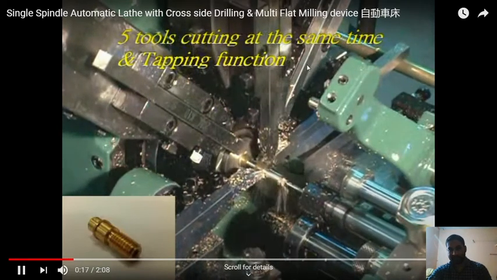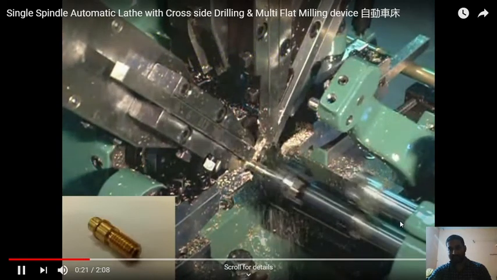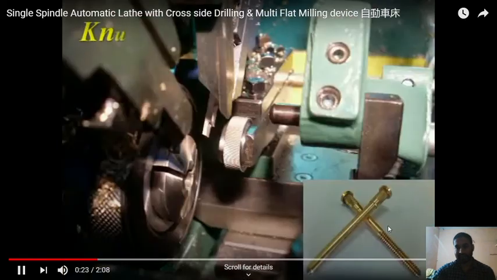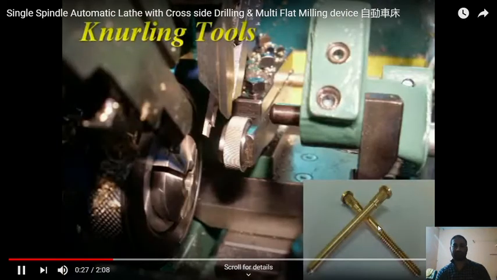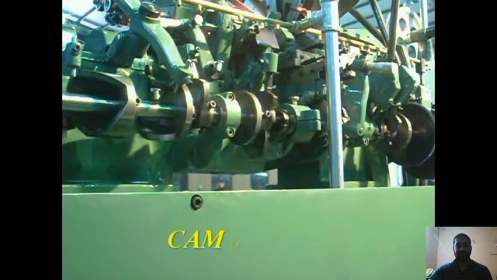And this is the vertical slide. You have three vertical slides here, 1, 2, 3, and this is the turret. So this is the cam and camshaft.